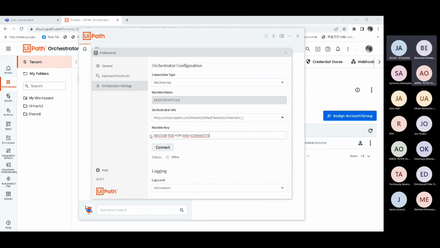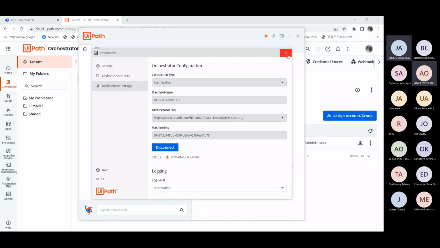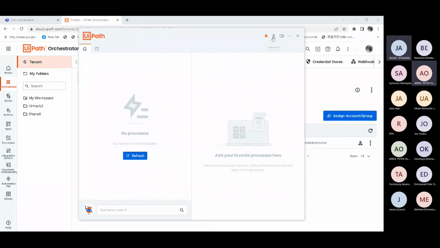Okay. Can I continue? Yes, you can. Okay, it's connected, but still saying the same thing. So I can sign out again. Yes, sign out and sign in. But I think you will leave the web orchestrator. Let's use only this one. Sign out here. Leave the web and sign out only the assistant.